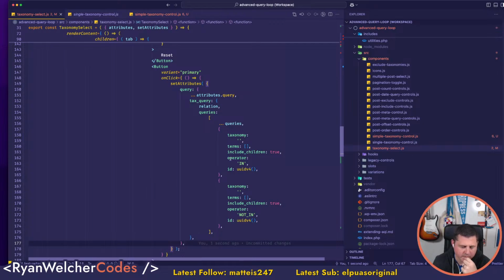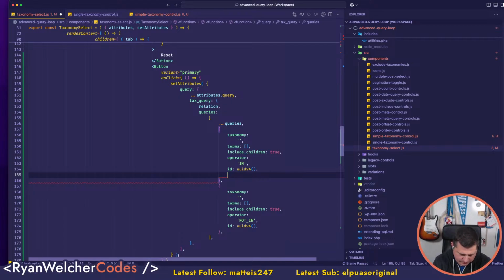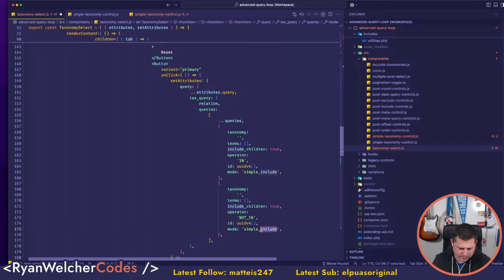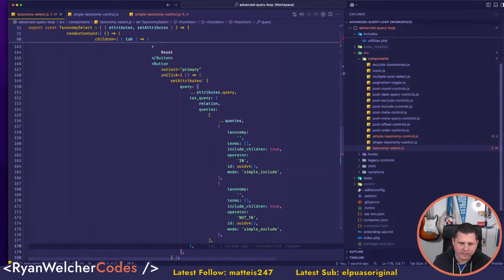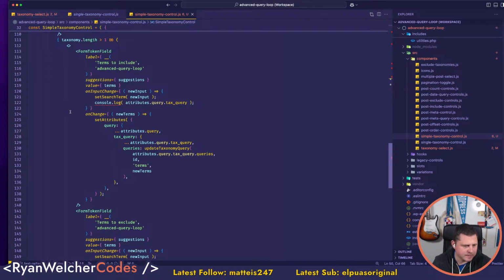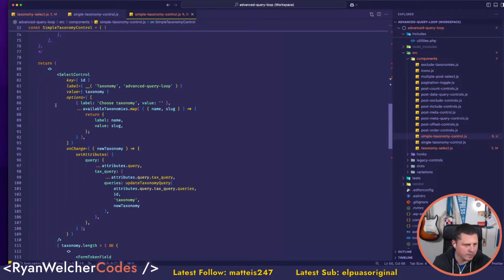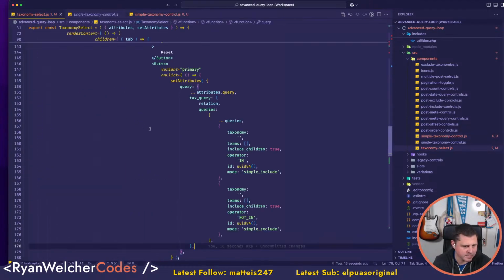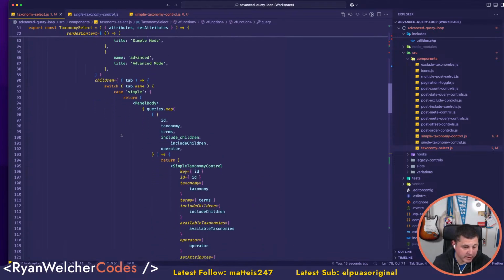Do I need another piece of information in there? Because maybe I can go like, mode is like simple. This would be like simple include. This would be simple exclude. And then what I can do is in my simple taxonomy controls, oh wait, no, it's in taxonomy select. So in here,